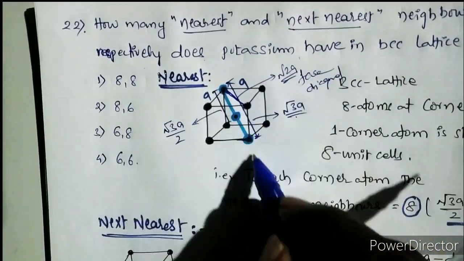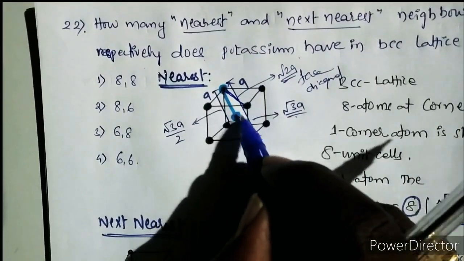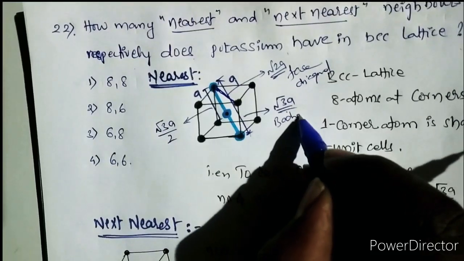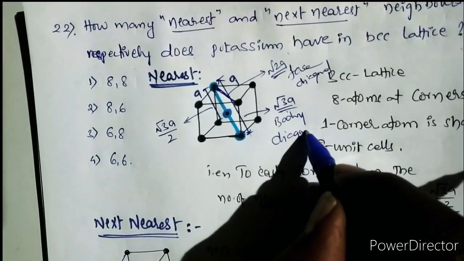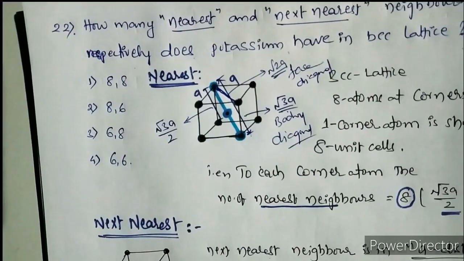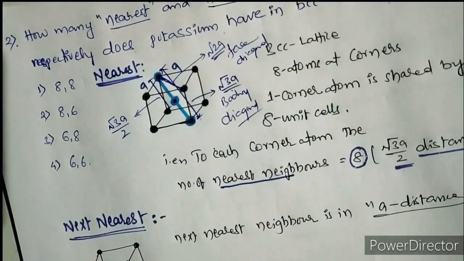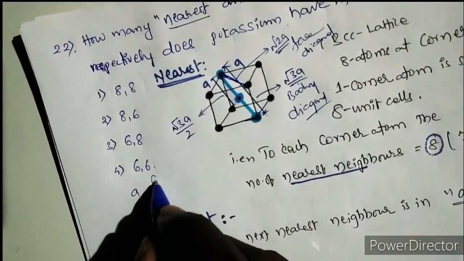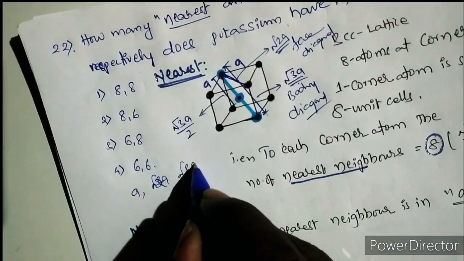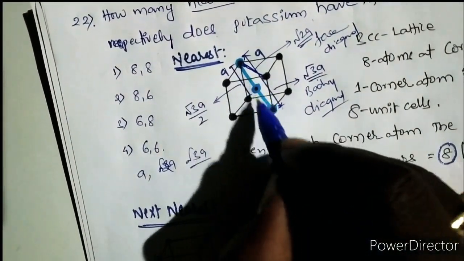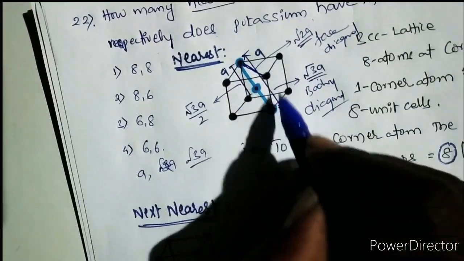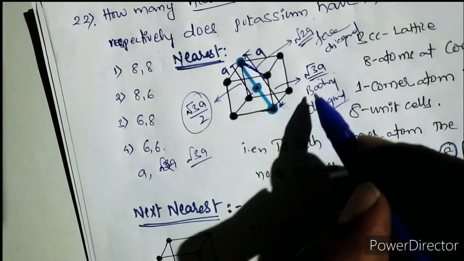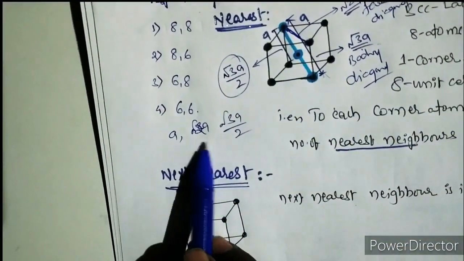This atom is on the body diagonal because it is touching the body central atom. So on the body diagonal, what is the distance? It is root 3A. This is the body diagonal. Okay. So now what are the nearest distance atoms you have? First one you are getting is A, and other one is root 2A, and other one is root 3A. It is root 3A, but the nearest atom is the body center atom, not this atom. So the total is root 3A, and half of it is root 3A by 2. Half of the body diagonal. So these are the nearest atoms.